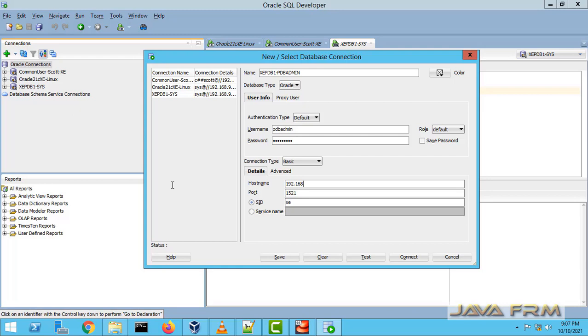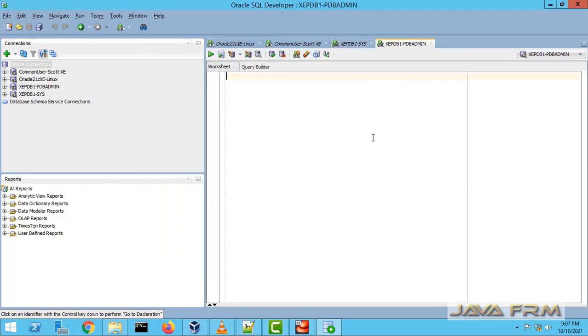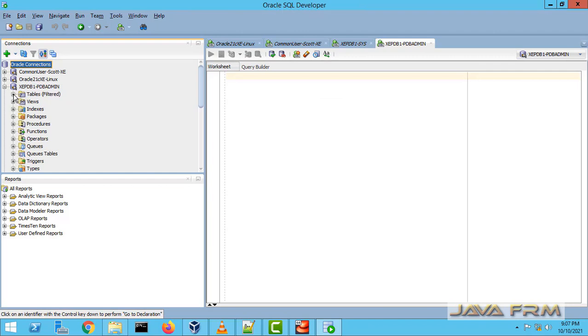Type the IP address of the Linux box. Service name XEPDB1. By default, XEPDB1 will be up and running in Oracle Database 21c Express Edition. Okay, I can connect now.